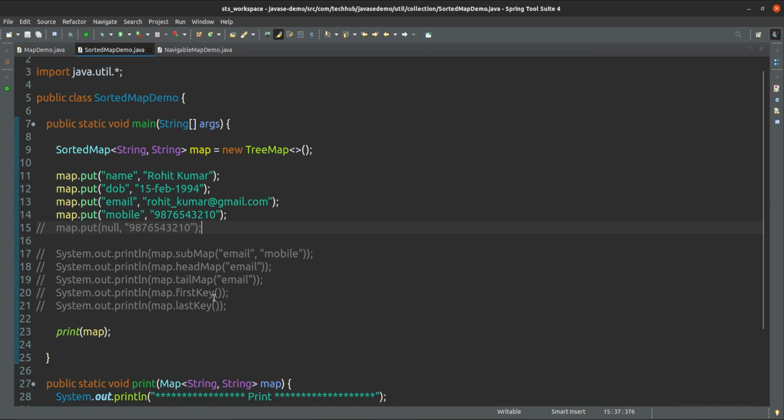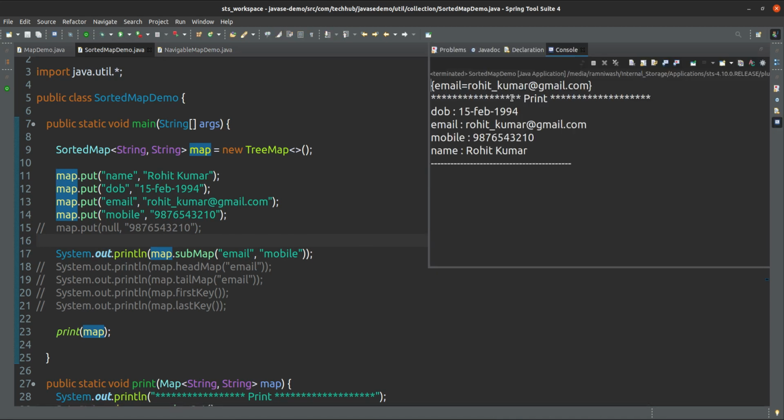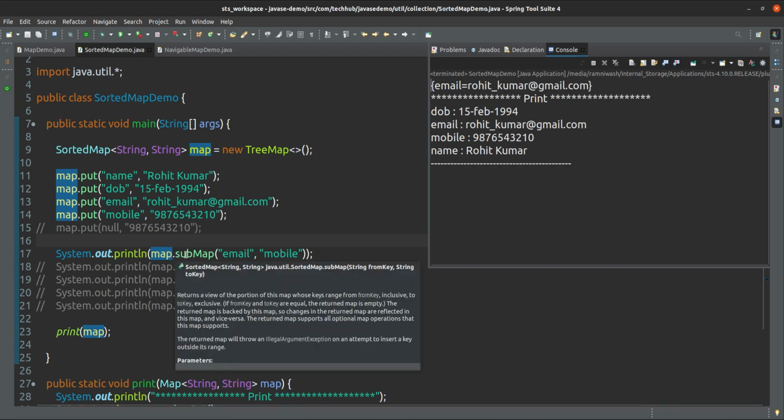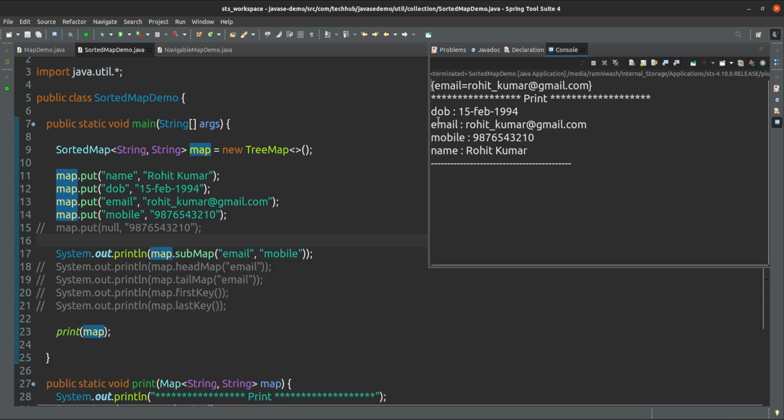Okay, so here are some of the methods defined in tree map. First one is subMap. SubMap means using these keys it will return a map, email and mobile number. From and to: it will start from email and go till mobile number.